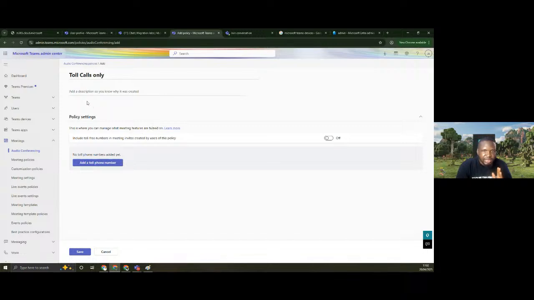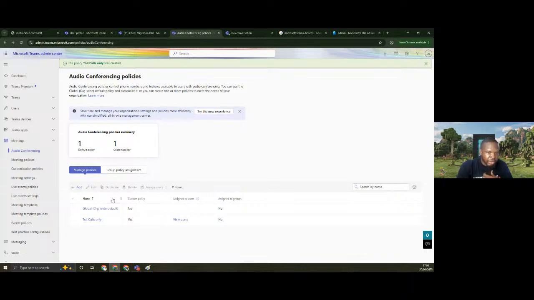If you assign this policy to a user, then include a toll-free number in the meeting invite created by users of the organization. If you already have that number, you can add it, but I'm turning this off to say no. Once that user sets up a meeting, it should not add a number where I, as an organization, will be paying for that.